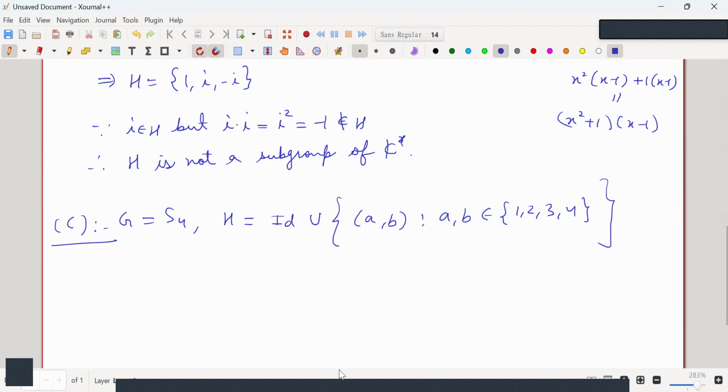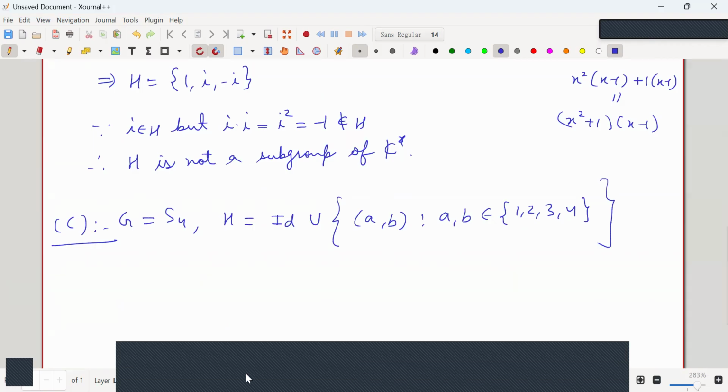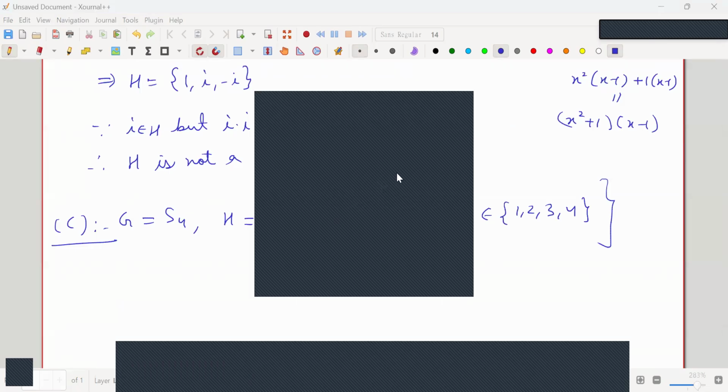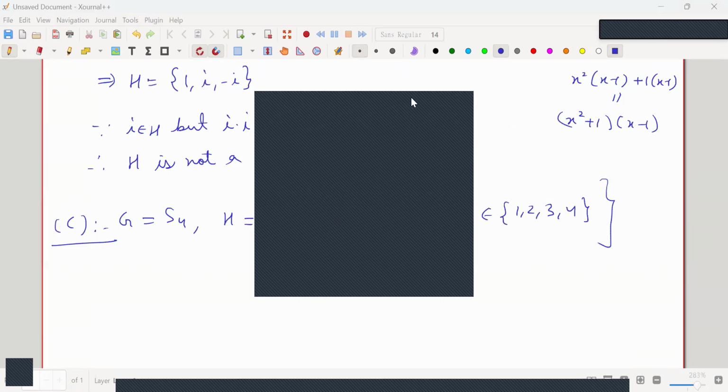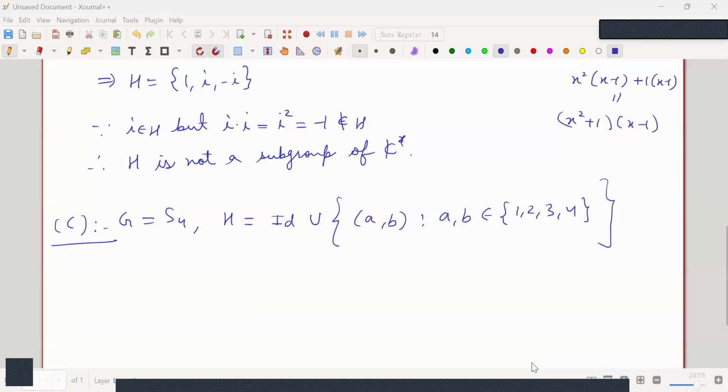So this subgroup was discussed. If we take (1 2) and (1 3), then we have (1 2) times (1 3) to be (1 3 2). So this is not closed. Right. So for (1 2), and even this comma is not needed, just this thing is found. (1 2) and (1 3) both are inside H,